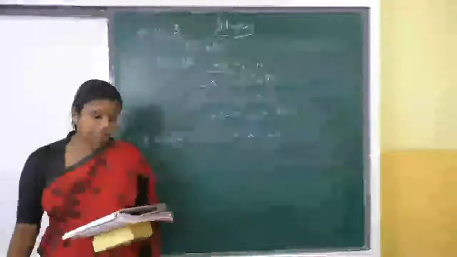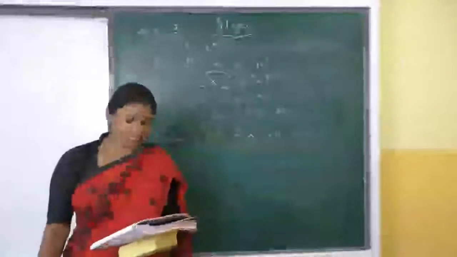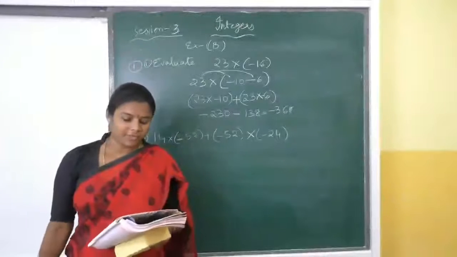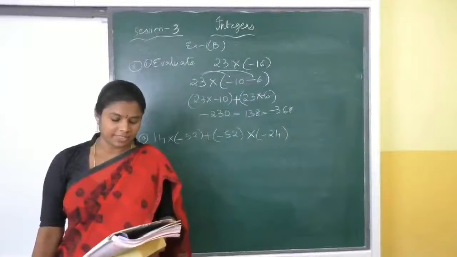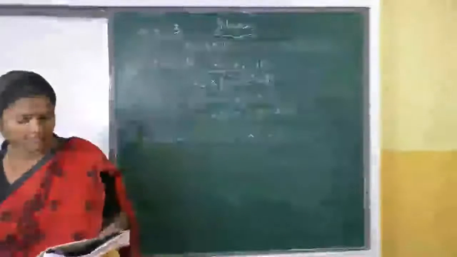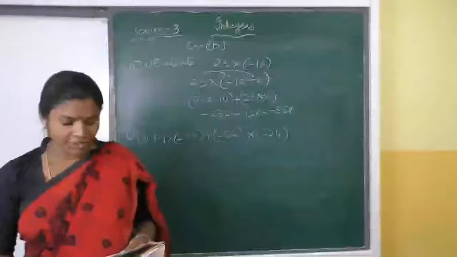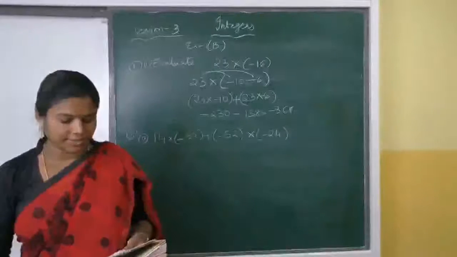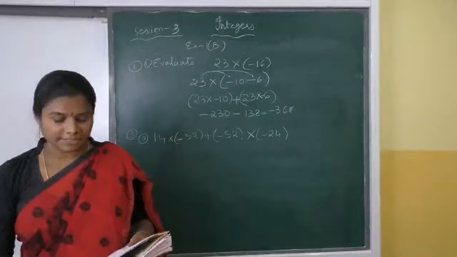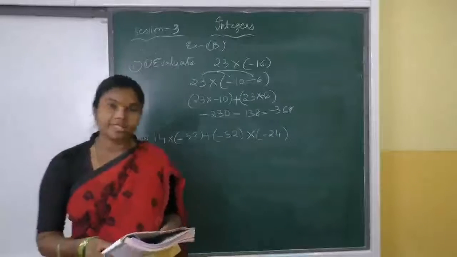So next, coming to the second bit. Fill in the blanks by choosing the correct answer. Here we have 15 into minus 10. So plus into minus. What is plus into minus? It gives the minus value. 15 into 10 is 150. So what is the first answer? Minus 150. Minus 20 into 12. What is 20 into 12? It is 240. We know that. But the symbol here, minus into plus, which is minus. So minus 240 is the answer.